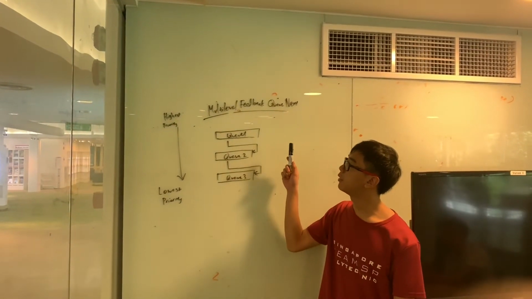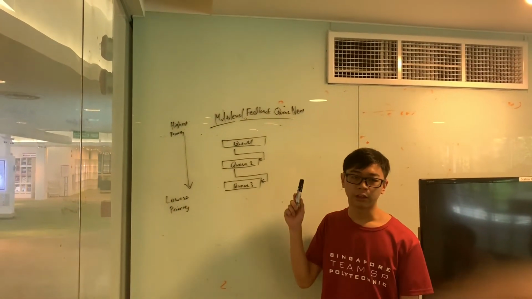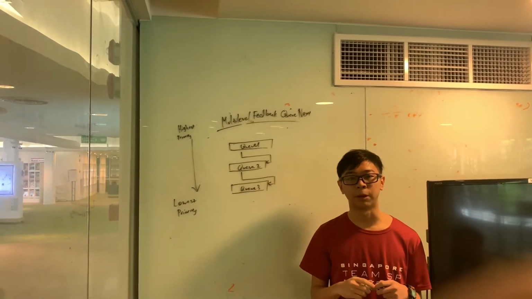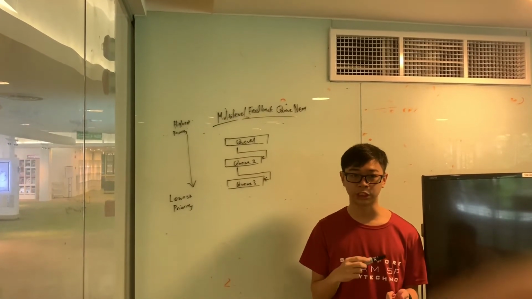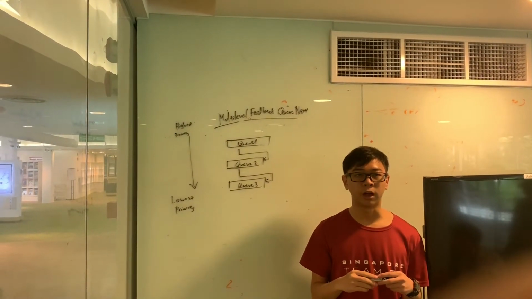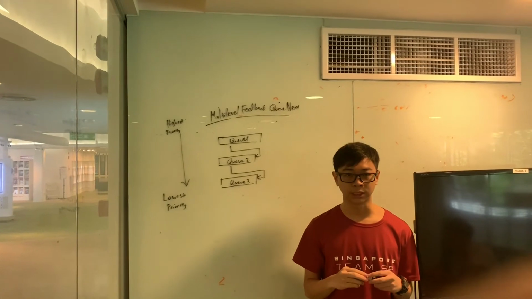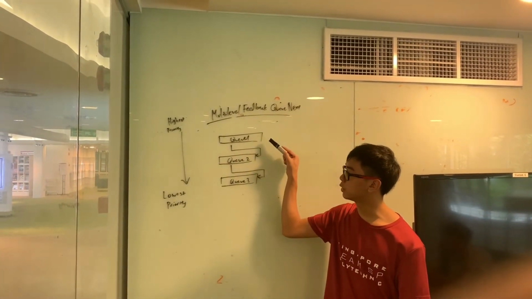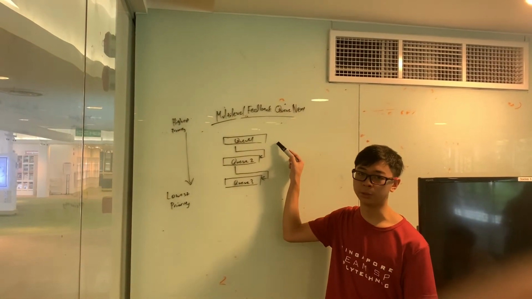Finally, we'll be talking about multi-level feedback queue next. The way this algorithm works is it separates processes into multiple queues and they are allowed to move between each queue. They are separated due to the number of CPU bursts each of the processors require. So for example, you will switch between queues as it goes down the CPU burst.